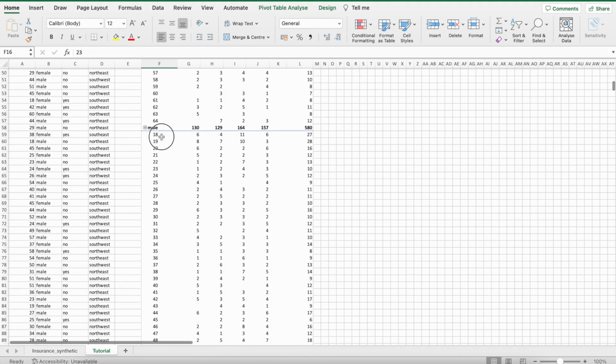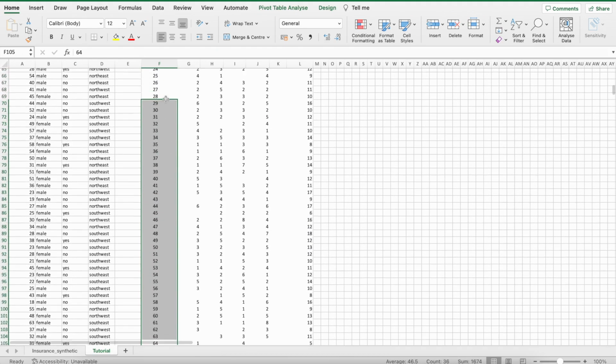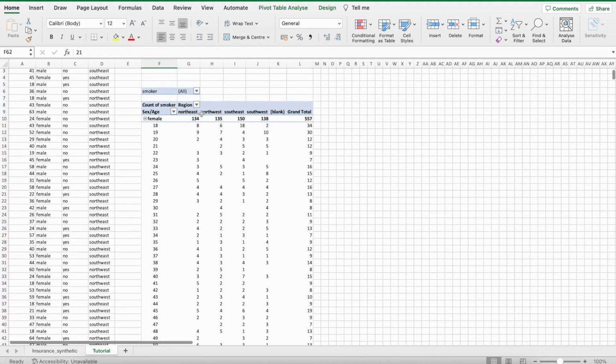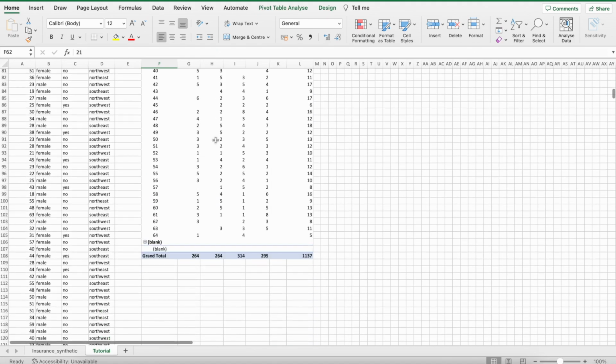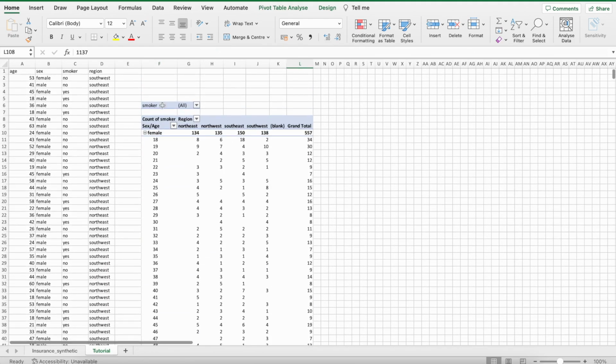So basically these are the ages of the people that were surveyed. And then over here, it's the region where they're from. And currently this indicates how many people took the survey because we have no filters on, hence why it's 1,137. However,